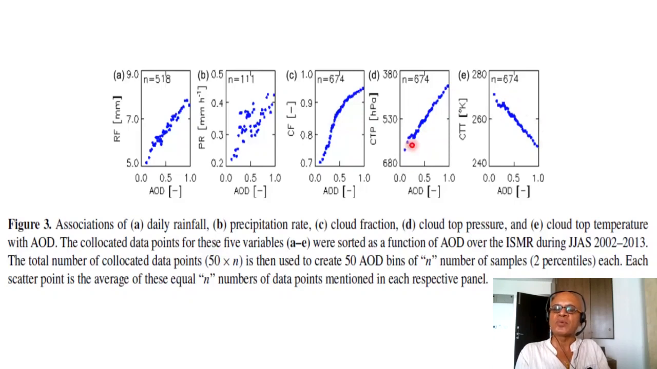So cloud top pressure is decreasing. Be careful about the scale here. It's decreasing, going up, and the cloud top temperatures decrease. And this paper argues that basically aerosol impact is to deepen the clouds, and then they use a model to